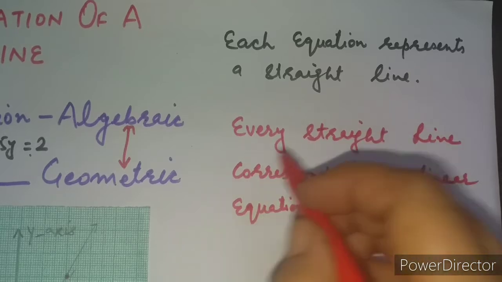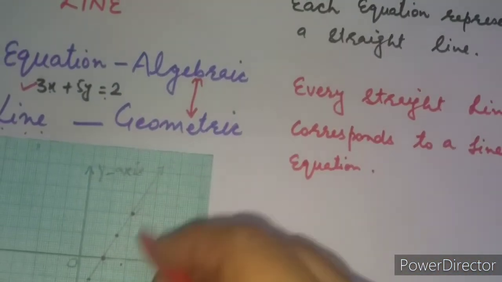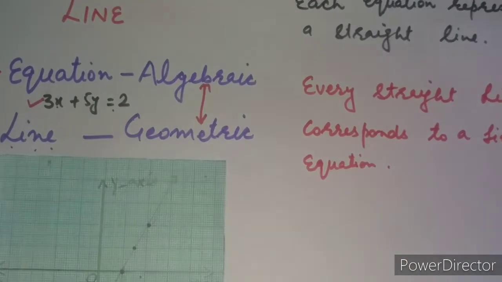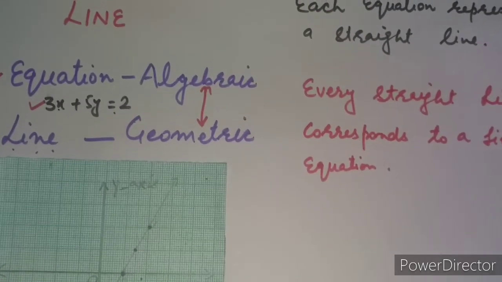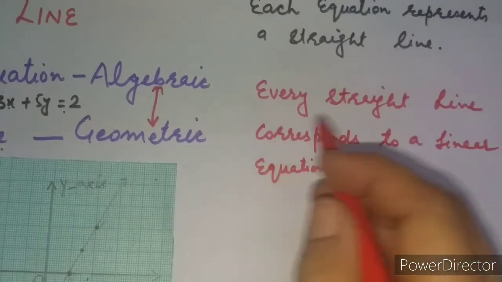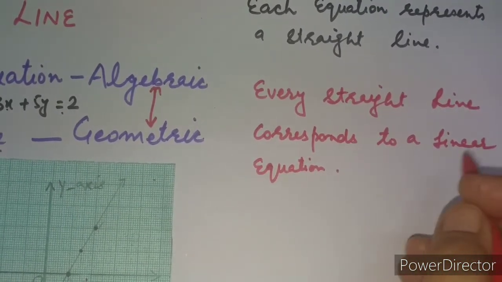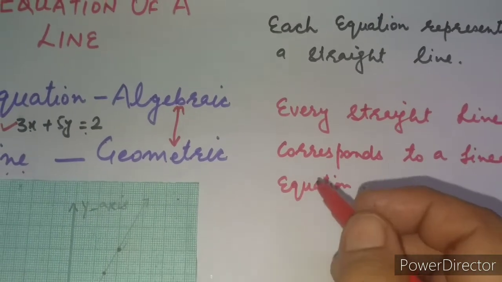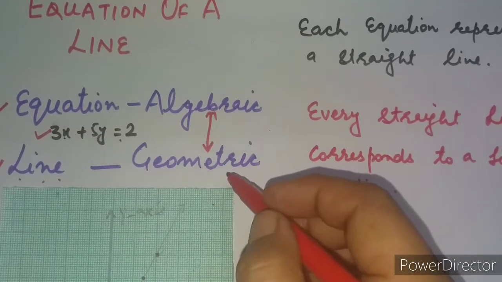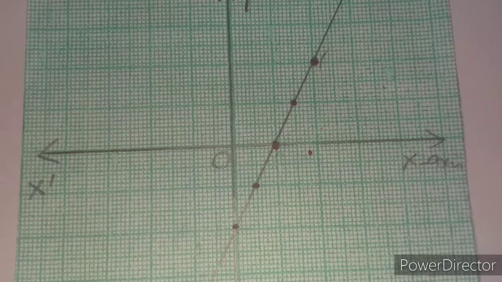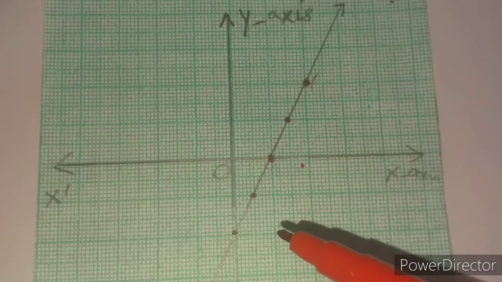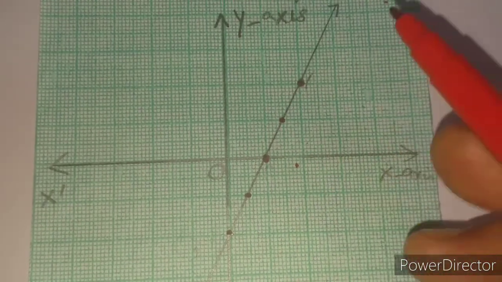Then second thing is, suppose there is a line given, right? Then from that line we can form a linear equation. You also have seen this. So for every straight line, every straight line corresponds to a linear equation. This is the so beautiful chemistry between the equation and line, the two different forms of mathematics, right? So let us see this again. I have drawn this line because this was corresponding to a linear equation. From that equation I have drawn this line.